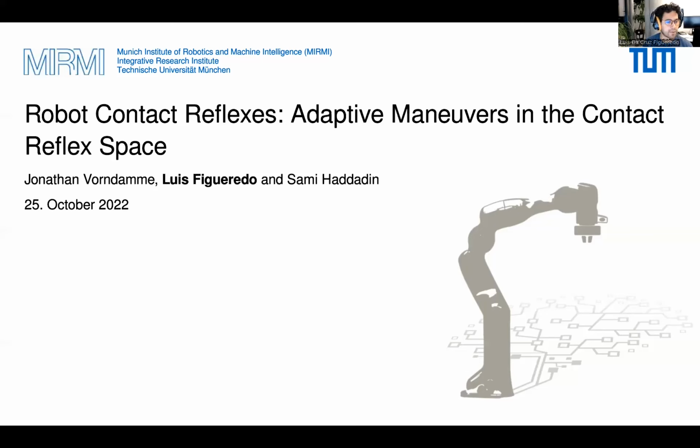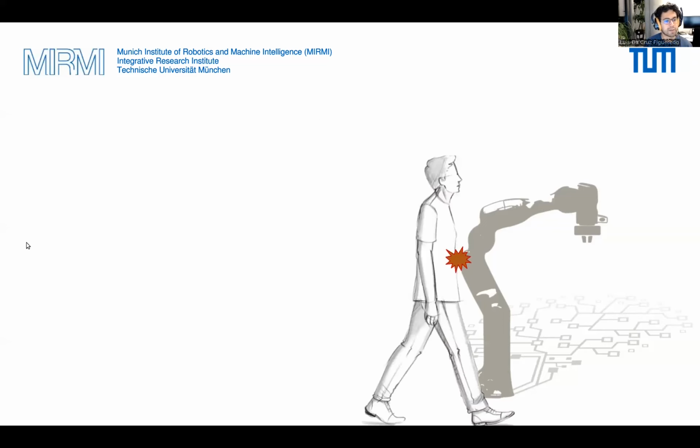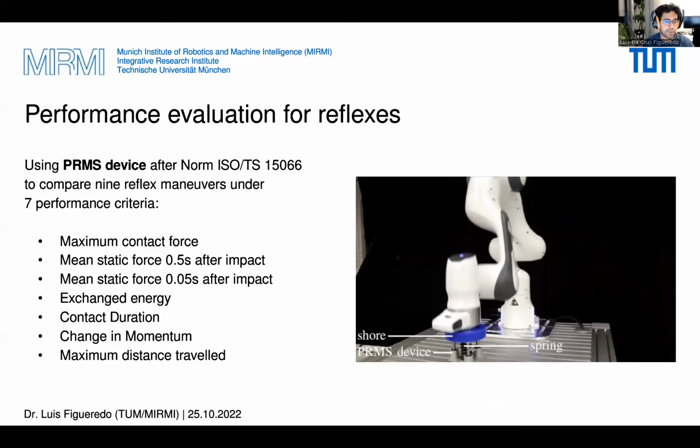I'm going to talk today about robot contact reflex and adaptive maneuvers the robot can take in case of collision. To start, we perform evaluation of different reflex maneuvers. We use the PUSE robot measurement system to measure contact forces and to compare 9 reflex maneuvers under 7 different